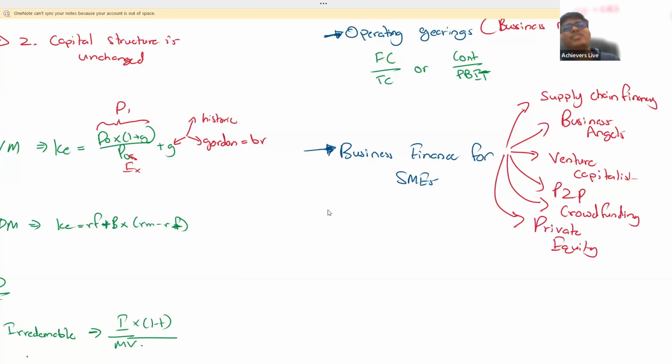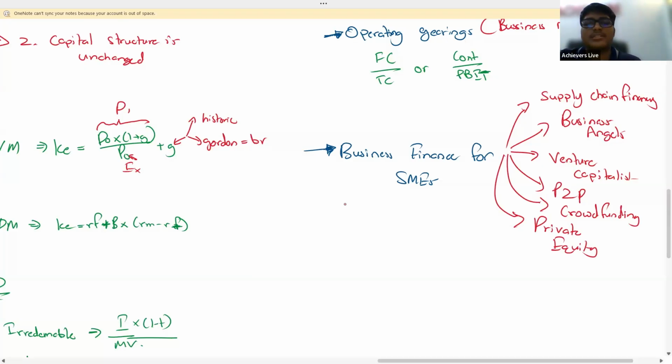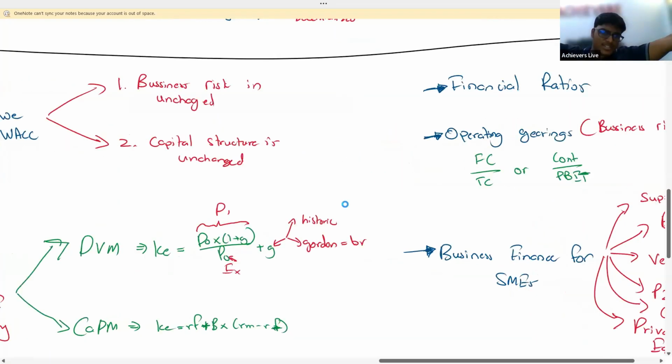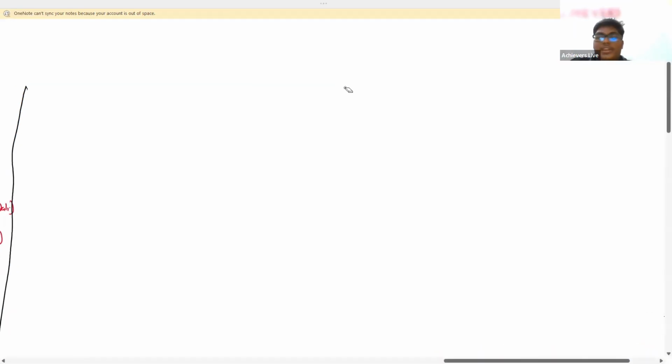Next, you have to remember the funding gap and maturity gap in SMEs. What is the funding gap? The difference between the amount which we want and the amount which we received. What is the maturity gap? The mismatch between the maturity of assets and liabilities in the company. That's it for business finance. So 75% of the syllabus is covered, guys. How simple. Let's continue.